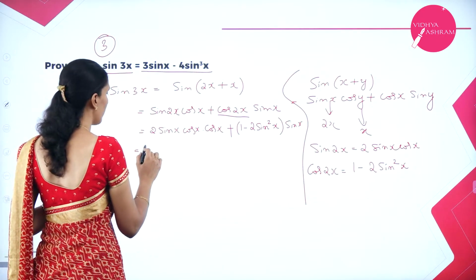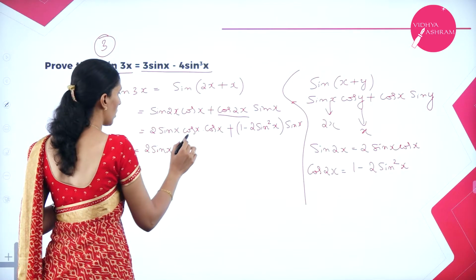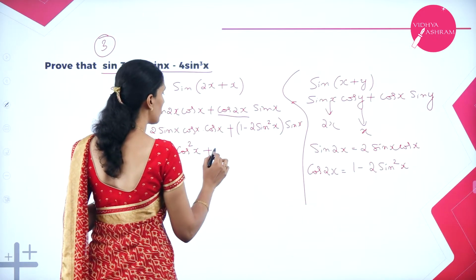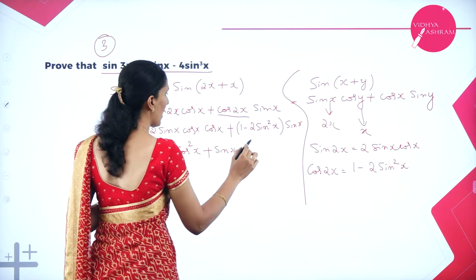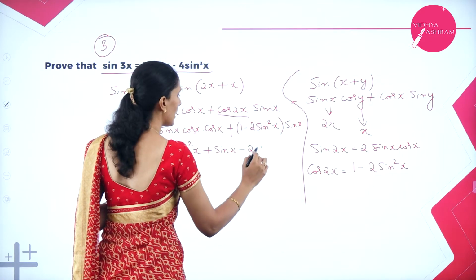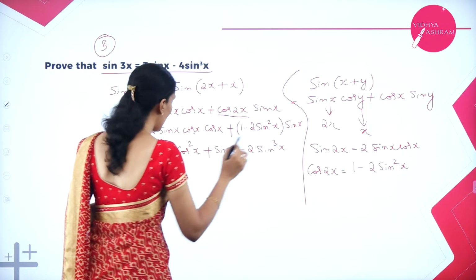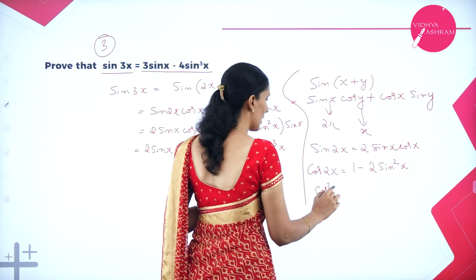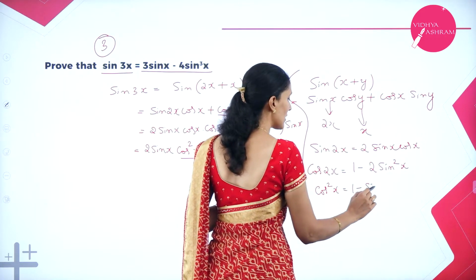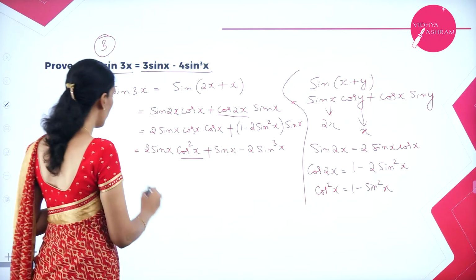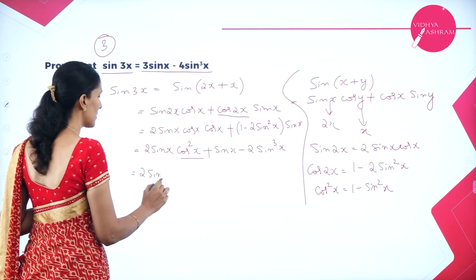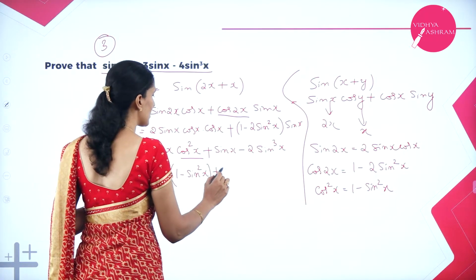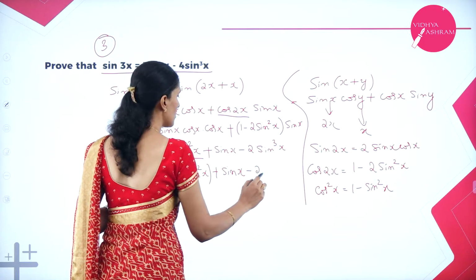Now multiply. We have 2 sin x, cos x into cos x is cos square x. When you multiply this, 1 into sin x is sin x, minus 2 sin square into sin is sin cube x. Again we have here cos square x. Replace it with sin. How? Cos square x can be written as 1 minus sin square x. So therefore here 2 sin x into (1 minus sin square x) plus sin x minus 2